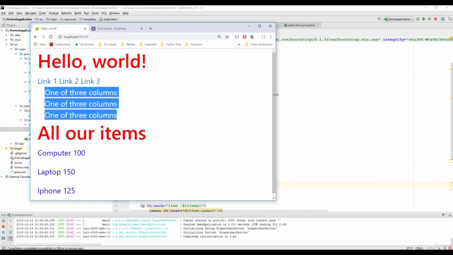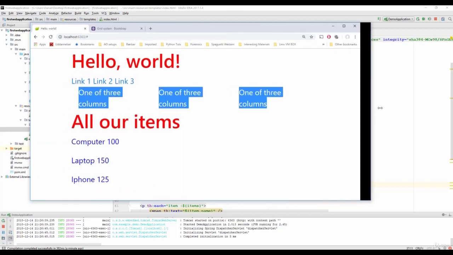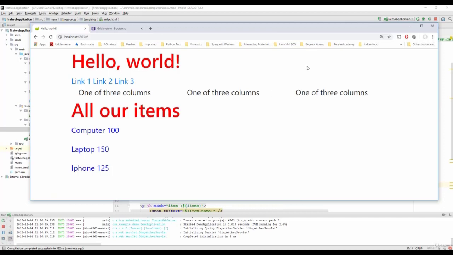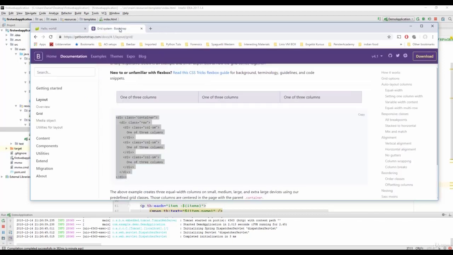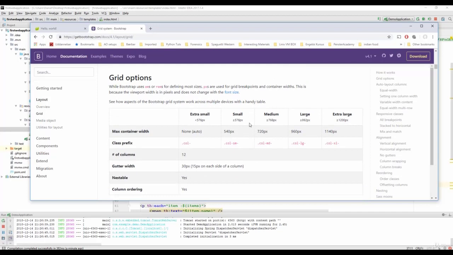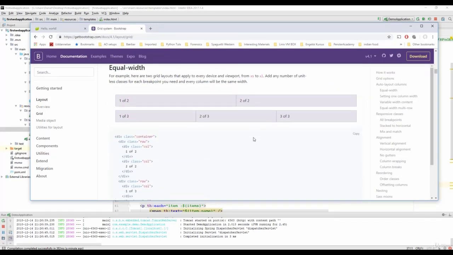And the second jump, okay, and the last jump. So our web page is right now adaptive and responsive at the same time. It might seem a bit weird to you because we haven't really put any effort into making it look good. So let's go back again and see that we have different possible grid options we can use, and we can